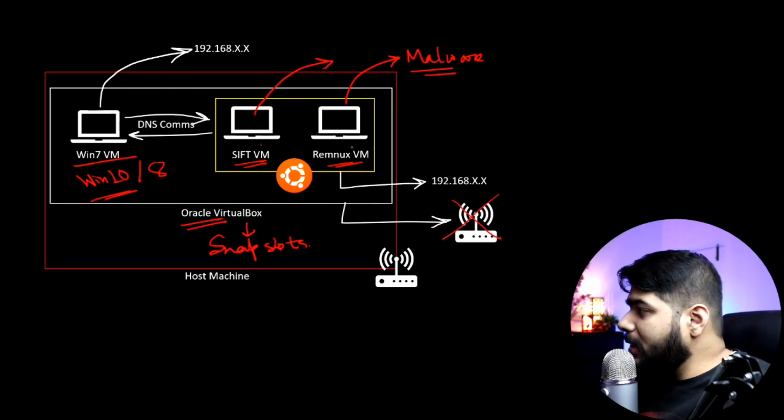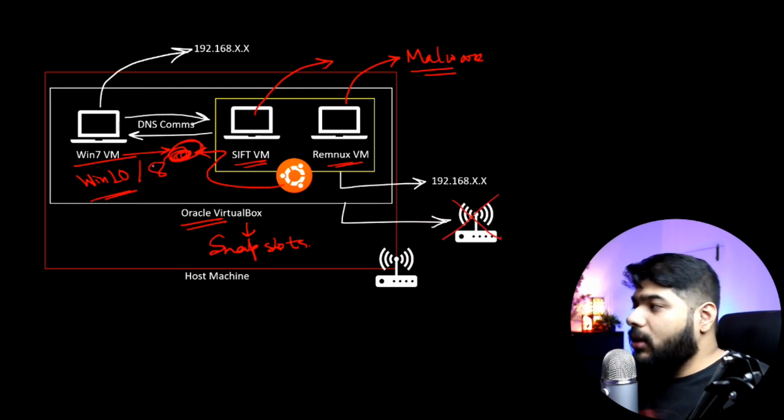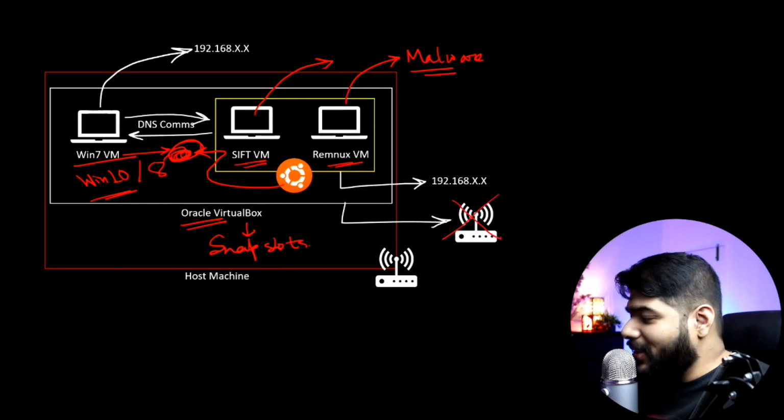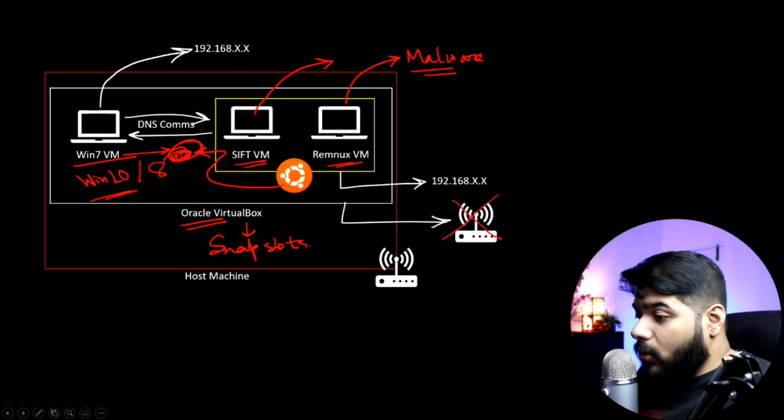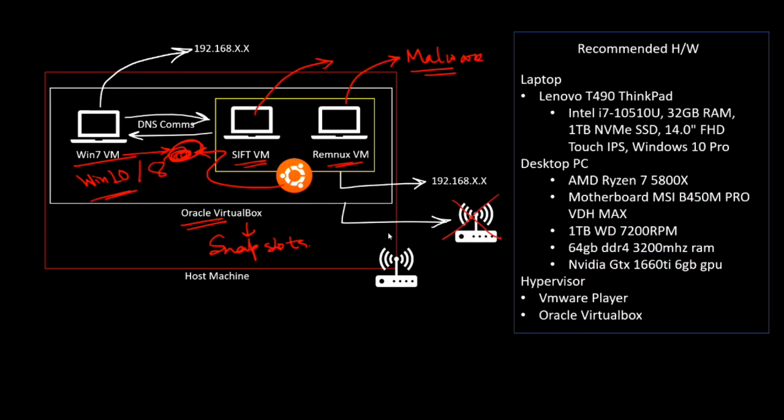So yeah, this is obviously the need, and as I am telling you, this virtual machine and this Ubuntu virtual machine will be on the same network. They will be under the same network and they will be pinging each other. Now one more thing that I wanted to show you guys. This is my hardware specification, what I am using, and the desktop PC I am also using. So I am using two different machines for my lab. Depending upon your need, you can pause the video for a minute and you will be done.